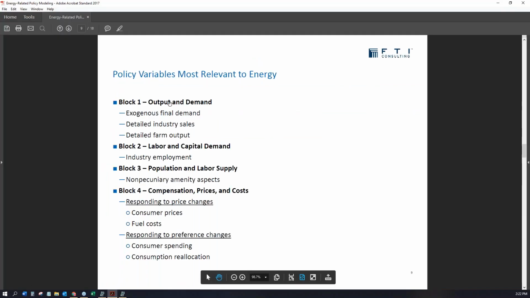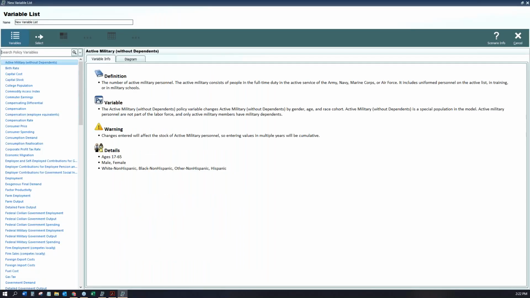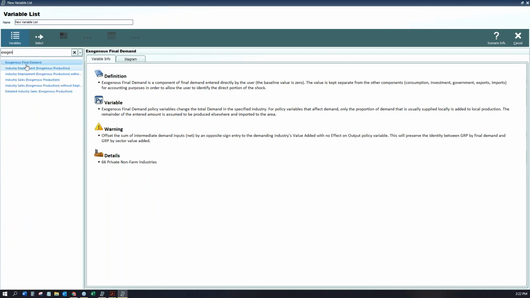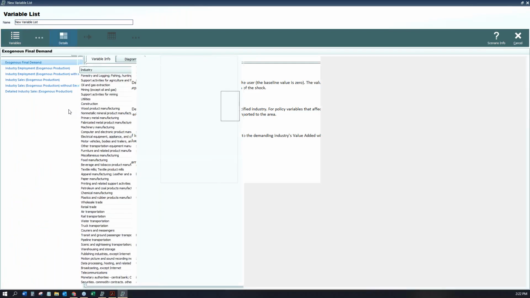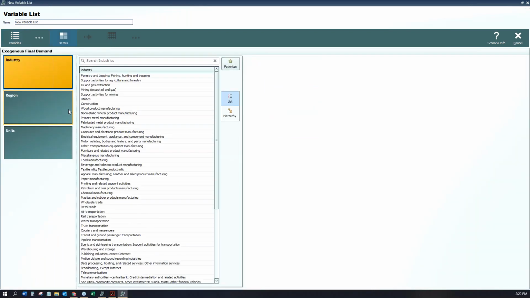So the first thing in block 1, exogenous final demand. Exogenous final demand is the idea that something is consumed or something is demanded of an economy and it needs to be produced. If I open this up and show you what goes on in here, exogenous demand is by industry level. So for instance, if you make a change in a region and you have a bunch of businesses move in,